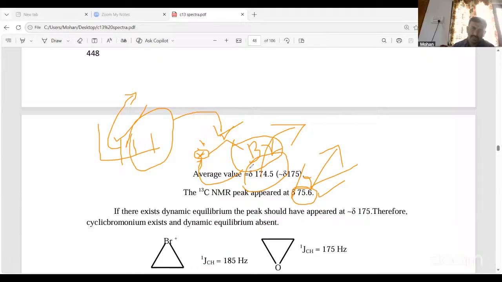And one more observation is the shifting of this particular bromine from one carbon to another carbon through the formation of the cyclic bromonium ion. So this bromine transferring from this carbon to this carbon is through formation of the cyclic bromonium ion. So in the cyclic bromonium ion, we know that, okay, if the cyclic bromonium ion is formed,